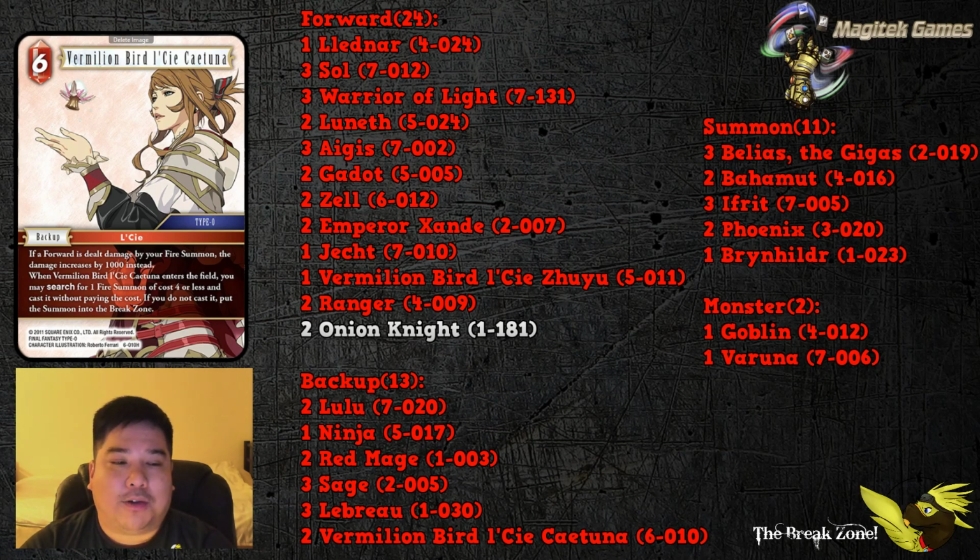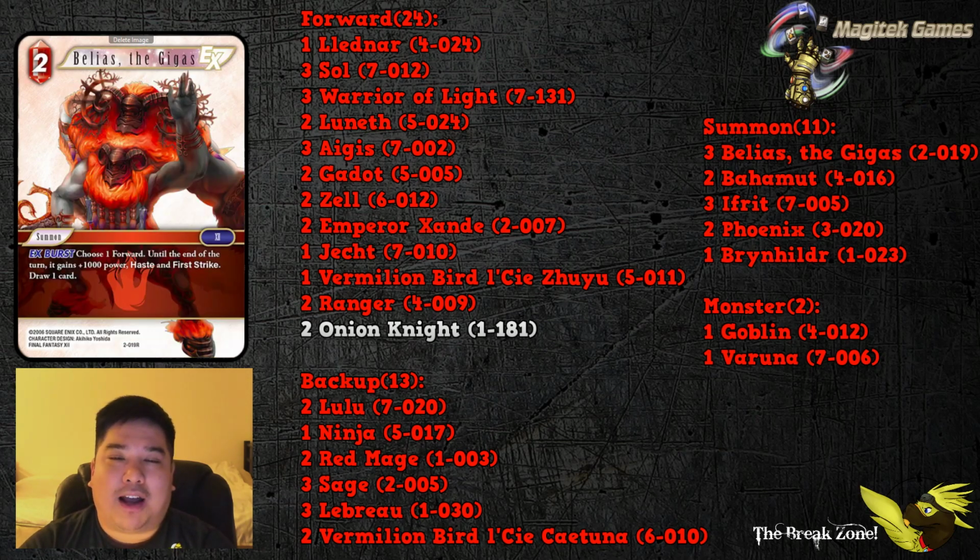Okay, next up we'll go over some of the summons, starting off with Malaya to get that haste, that first strike, and to draw that card. And that plus 1000 power boost, it is a big deal. It's a great card, and it helps this deck just keep the pedal to the metal, keep the aggression coming,